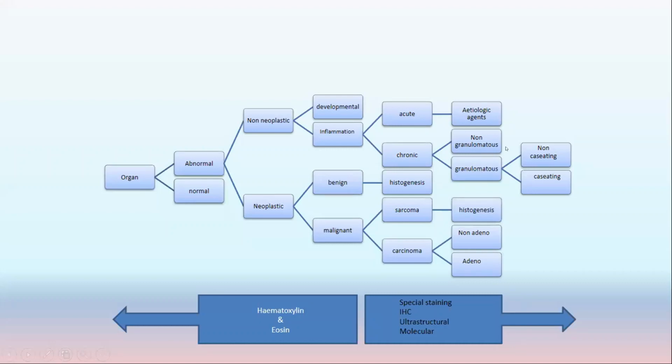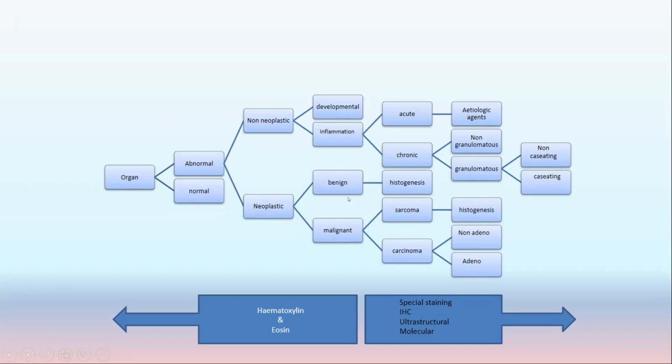Basically, by finding whether there's a formation of granuloma or not. If you think there's a granuloma, you have to decide whether it is non-caseating or caseating. The reason I put up this diagram is so that it's easy. This is what happens in us pathologists, the thought process, when we look at our slides. I think the same thing should happen to you so that it will help you in decision making. If you go back, if you think what you see is abnormal and you think it's neoplastic, again, you have to decide whether it's benign or malignant.